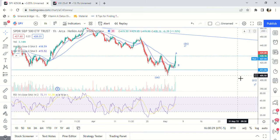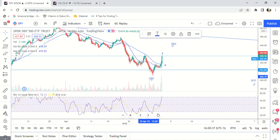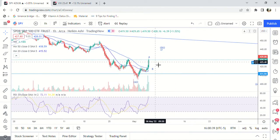So we got a huge move off the FOMC 50 basis point raise from Powell, and we got the move that I was talking about in the video yesterday. I said 427.50, I think. We ended up going all the way to the very top of this, 429.89, something like that. We didn't break the top of this,